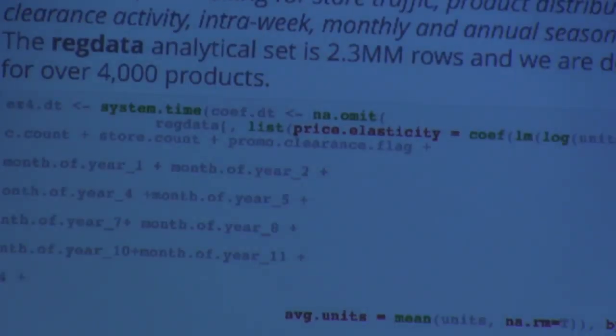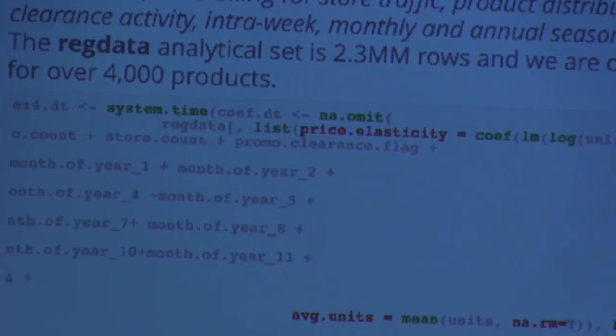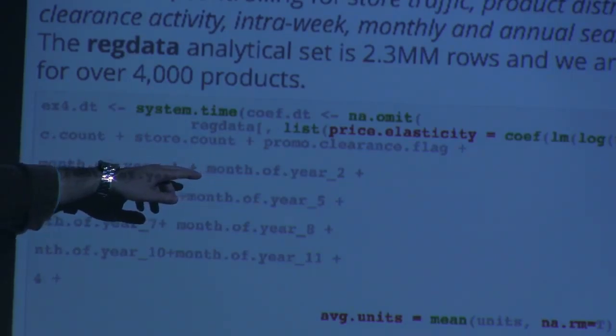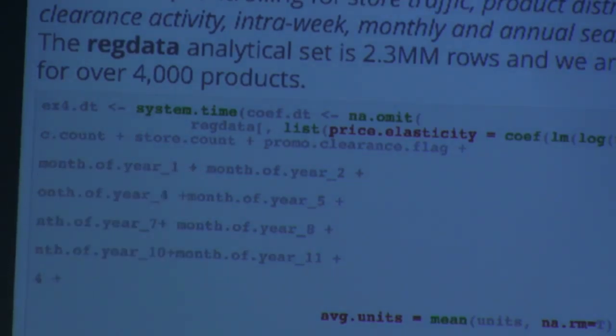So we're controlling for things like, here, let's see how much you can see it. We're controlling for things like traffic count, okay? So how many people go into your stores. We're controlling for how many stores sold that product, right? So think of it as time series data, so it varies, right? We're doing this on a daily basis. Was that particular product on promotion or clearance? Okay, because if it was, right, your price is naturally going to be lower, but your sales are also going to be crazy because there's likely going to be some marketing effort around it or some advertising or some display